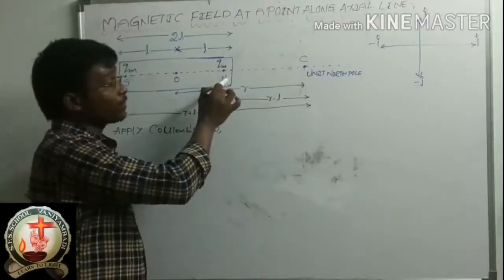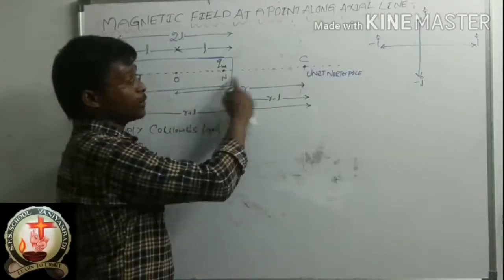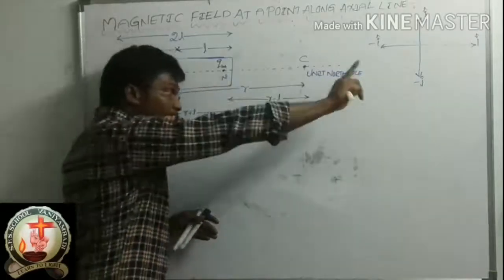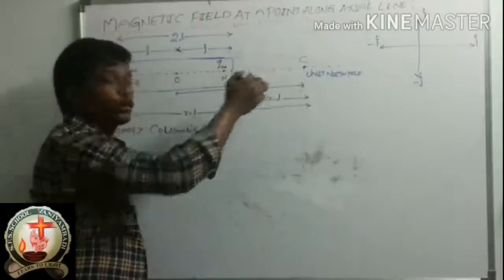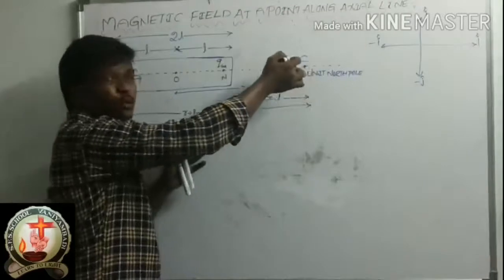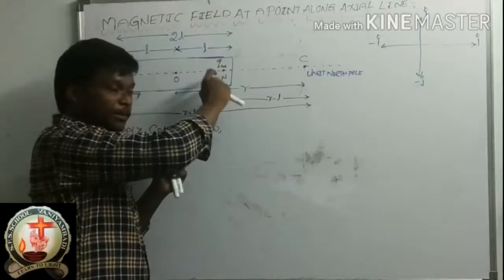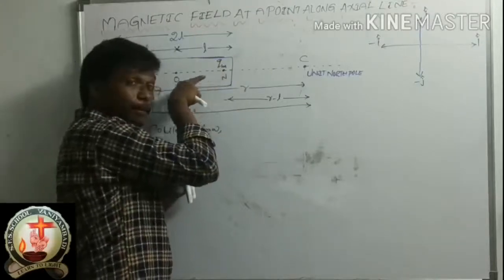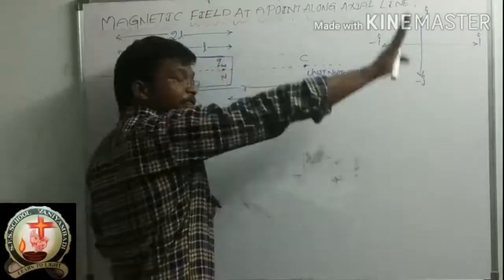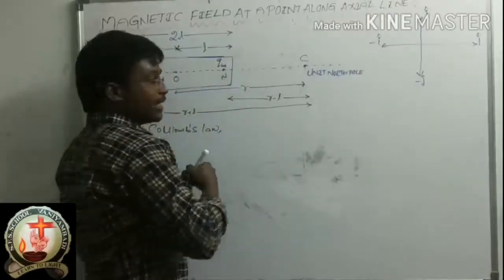with respect to the north pole, what will happen? This is the north pole and this is also a north pole. What will this north pole do? The north pole will repel this. Correct? North pole and north pole will always repel. So this is the unit north pole, it's very small, and this is the big magnet. This is the north pole of this magnet. So the big magnet's north pole will repel this unit north pole away. Okay, so the repulsive force will act in this direction.